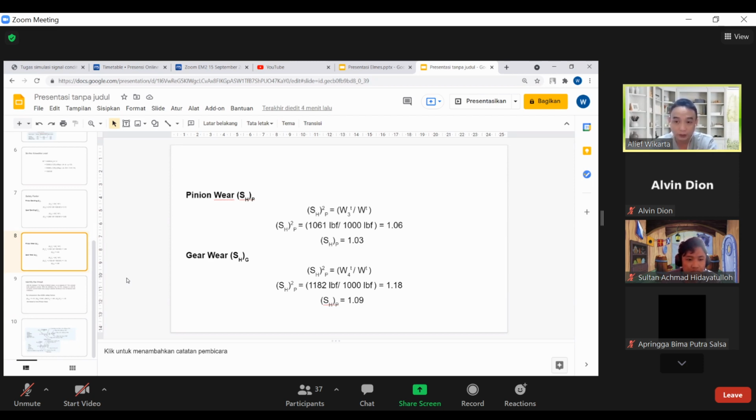It depends on the geometry, I think the face width, because sometimes we use the same face width, sometimes a different face width. I think that's okay, as long as we have a reasonable reason. So it can happen in the pinion and also in the gear. You need to calculate it first. For wear and bending, the dangerous one is normally wear. Okay,